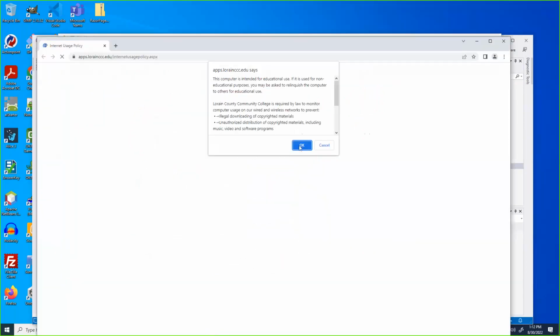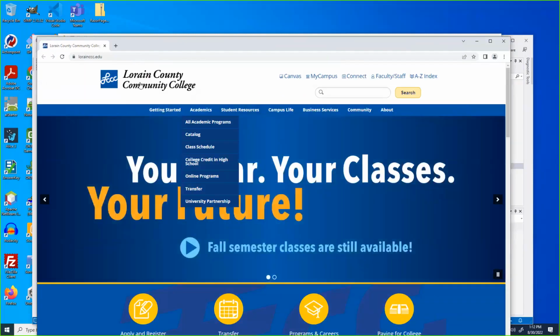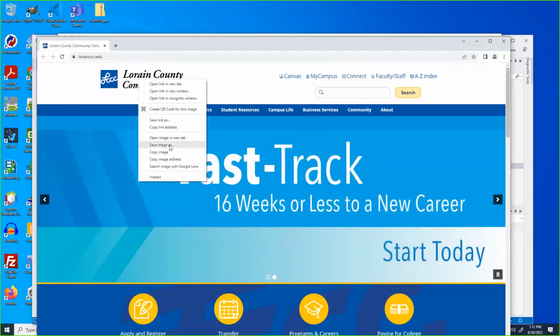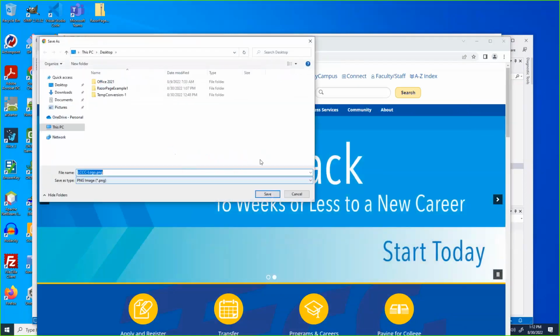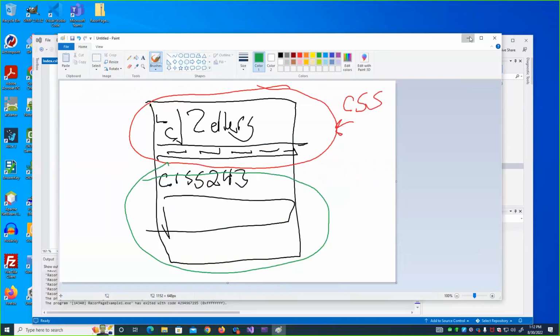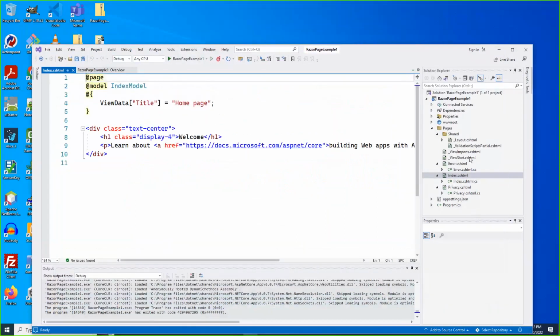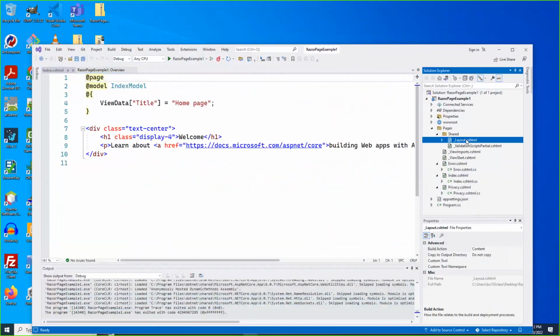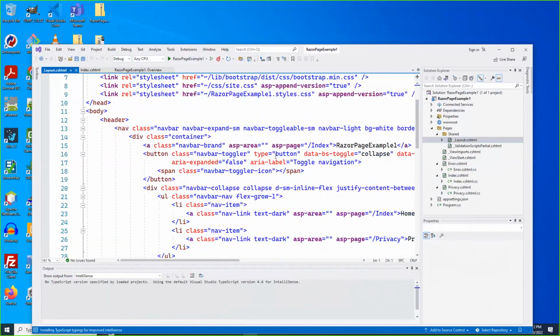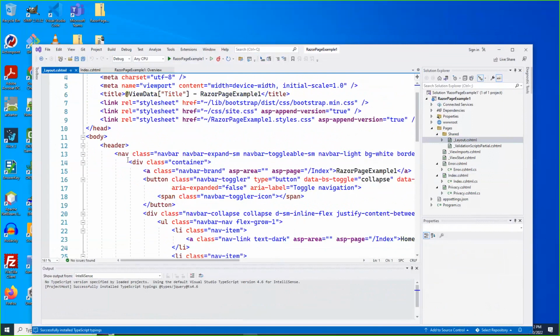We go and find the LC logo. Save that image on the desktop as lclogo.png. Okay, so I want an image. I know I want to put it in here in the layout because that's what's going to appear on every single page. So I want to put it as part of the header. Now,